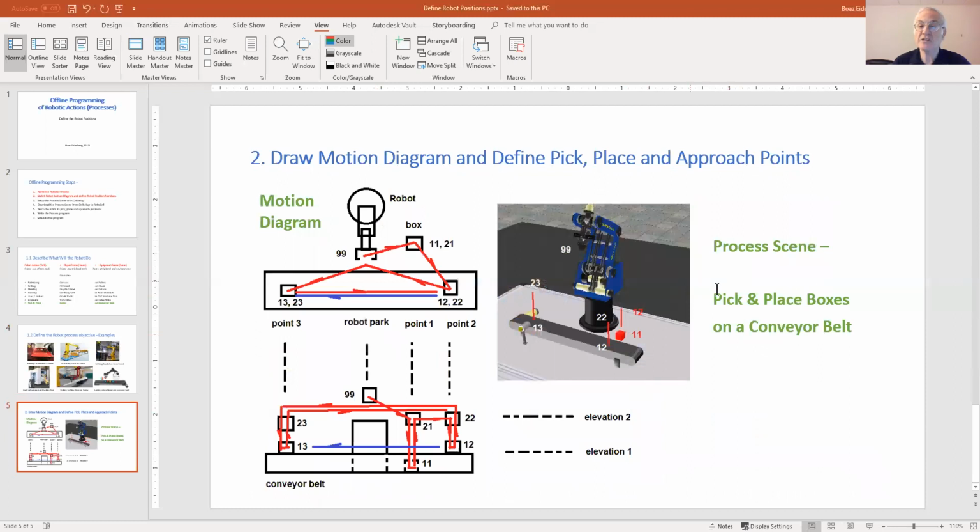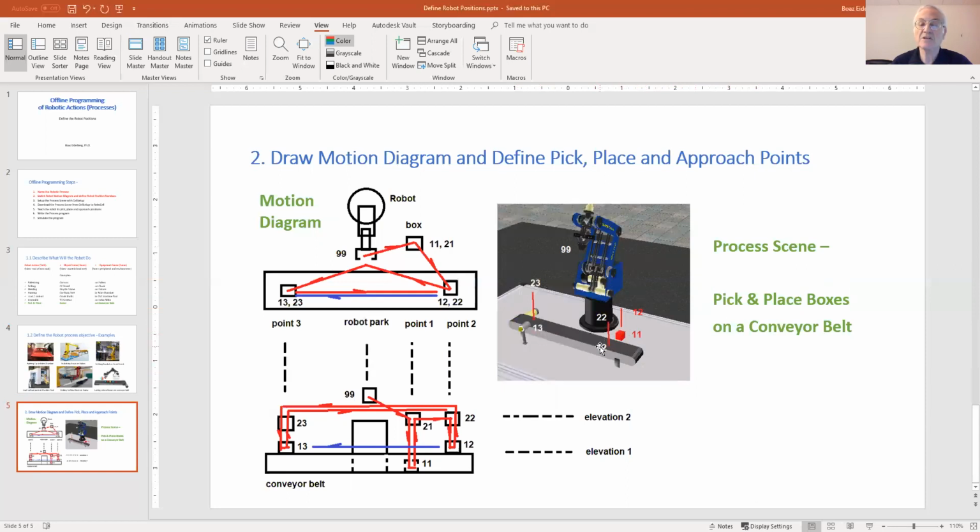In our process, we pick and place boxes on a conveyor belt. We see here the robot, we see the part, we see the conveyor, and there's also a sensor. And now we need to define the points where the robot will have to come in and do the pick and place. The part is located on a table, so we define that position as position 1.